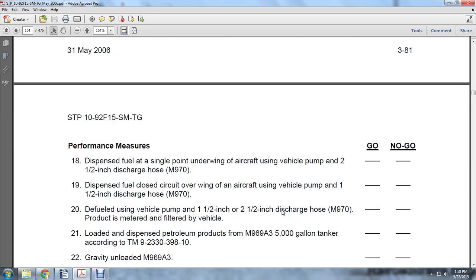Dispensing the fuel single point under the wing of the aircraft using the vehicle pump and the 1.5-inch discharge hose of the M970, go or no go. Dispensing the fuel closed over the wing of an aircraft using the vehicle pump and the 1.5-inch discharge of the M970, fuel using the vehicle of the 1.5 and 2.5-inch discharge hose of the M970, product is metered and filtered in the vehicle. Load and dispense principal petroleum products from the M969A 5,000-gallon tanker according to TM